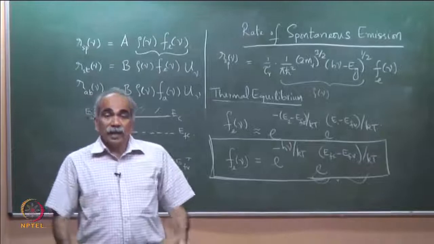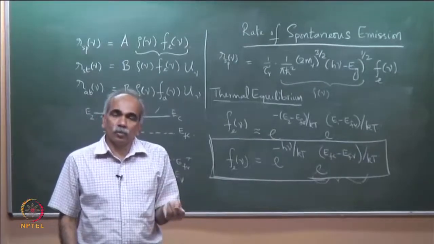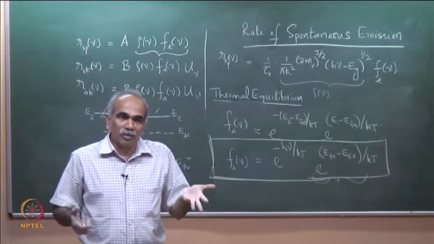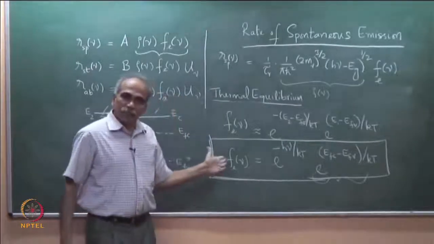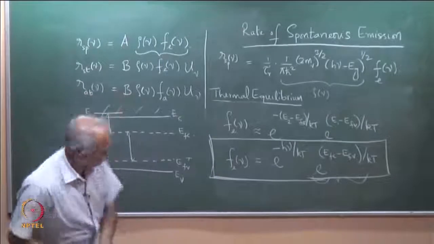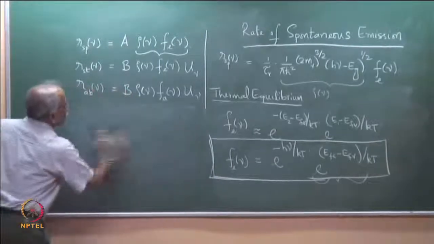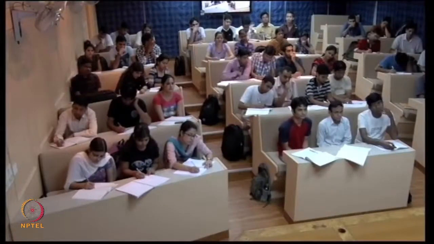That is how in an LED before bias, there is nothing, zero output. You just forward bias it, light starts coming out. What are you doing by forward biasing? You are simply raising the probability of emission. All right, we will discuss more about this a little later. So, let me continue with the thermal equilibrium case.